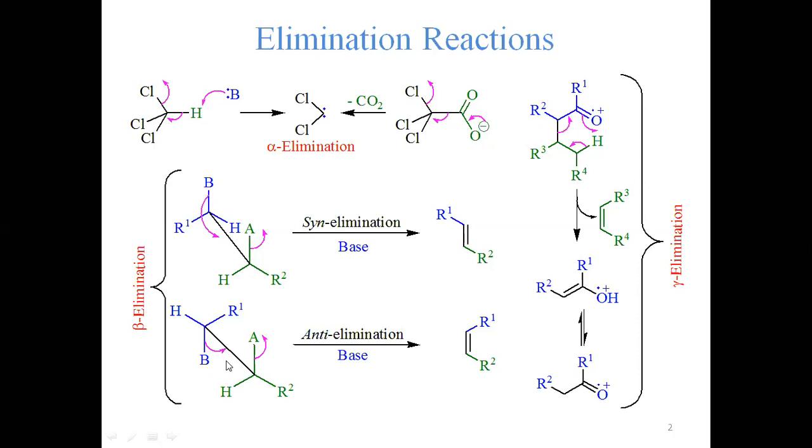This is also threo, but it is undergoing anti-elimination, right? That's why the stereochemical outcome is opposite to this. This is resulting in trans, this is cis. So if I rotate this by 180 degrees, R1 shall be here and hydrogen shall be here. It is the same molecule, but the orientation is different. This is threo, this is also threo in fact. But syn elimination results in trans, and anti-elimination of threo results in the formation of cis olefin.